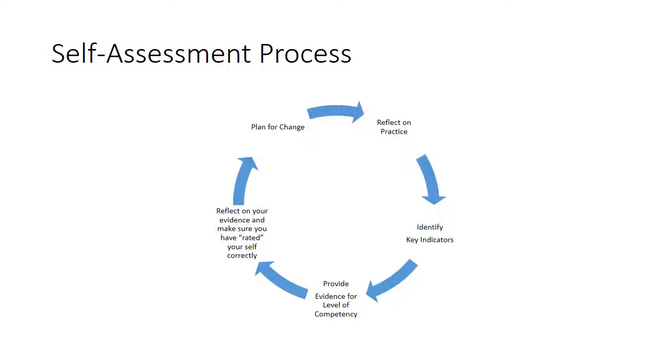Now we have both indicators to reflect on and to reflect on our teaching behavior. We need to be honest about our practice. We can do this by providing evidence for what we know. Think, how do I know that I can do a given skill? How have I demonstrated that outcome? Once we write down our first draft of our self-assessment, we must get it and make sure we've rated ourselves correctly. Finally, we make a plan for change and the process starts over.